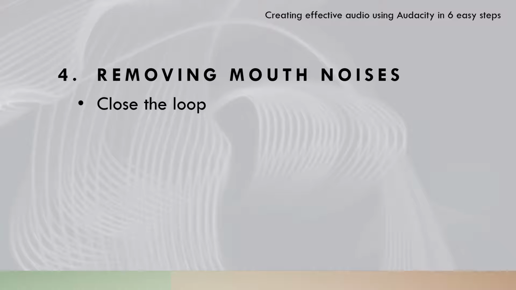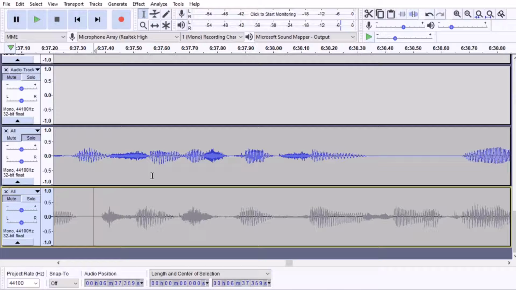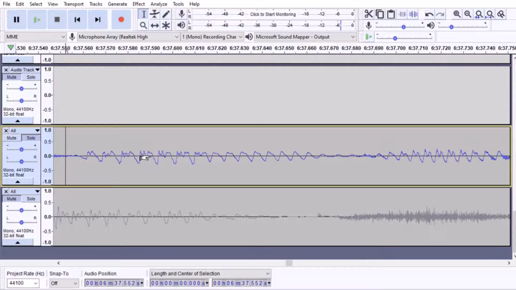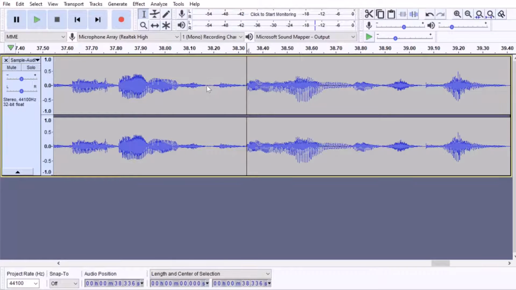Close the loop. Audio sound waves are simple when you look at them. They go over and under the central line at 0 decibels in a recurring pattern until the recorded sound changes. When you hear an accidental click of some description, you want to find the moment when this happens and delete